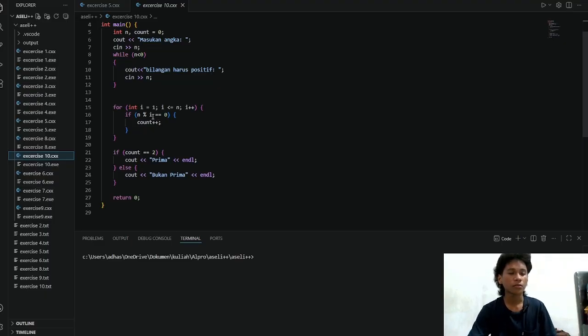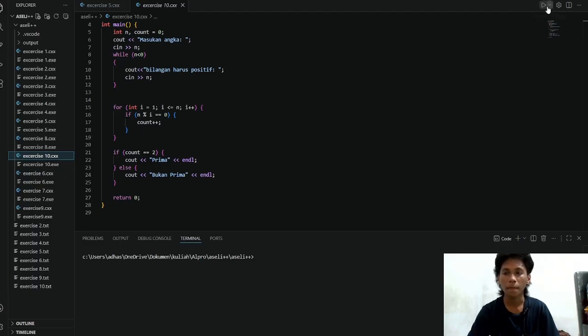So it goes through 3, 4, and then 5, and then the count will go up again until it gets to 2. Then we go to the if statement. If count equals 2, it is a prime number, because a prime number can be divided by two numbers, itself and 1. Else, cout "bukan prima". So the else means it is not a prime number.